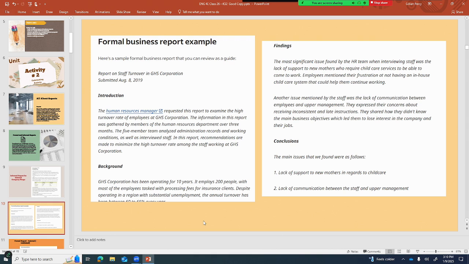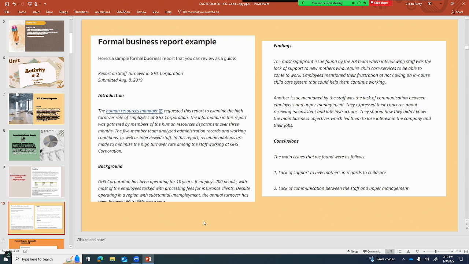The Human Resources Manager requested this report to examine the high turnover rate of employees at GHS Corporation. The information in this report was gathered by members of the Human Resources Department over 3 months. The 5-member team analyzed administration records and working conditions as well as interviewed staff. In this report, recommendations are made to minimize the high turnover rate among the staff working at GHS Corporation.